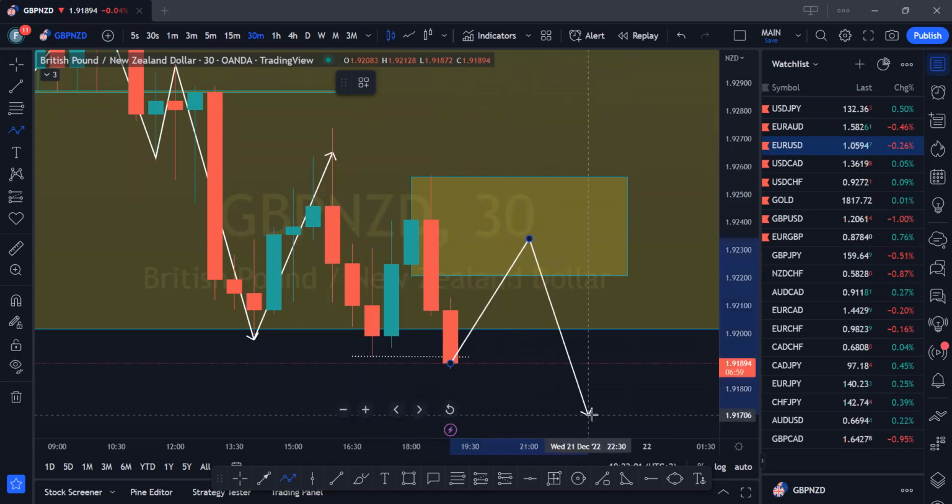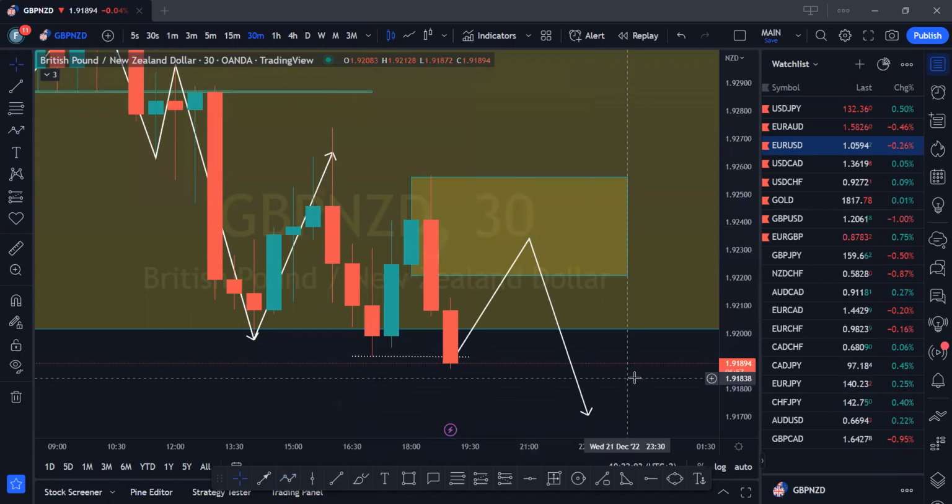Now, why are we selling and why are we not buying? We are selling on a lower time frame because we already understand the market structure on the higher time frame. So every activity that we are going to be doing on lower time frame has to favor market structure on higher time frame, because higher time frame is an authority time frame, right? Market structure on higher time frame is greater than market structure on lower time frame. So that's why we are doing all of that.